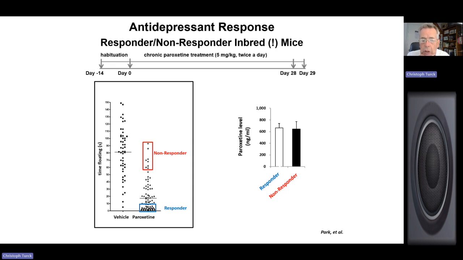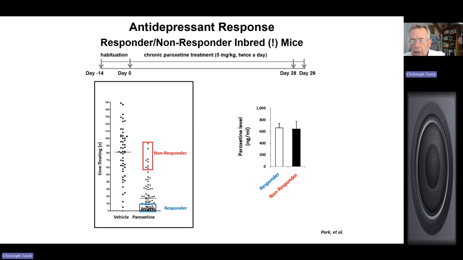Now, how did we distinguish those? This is a behavioral assay that's known as the forced swim test, where the mouse has to swim in a beaker of water. And the quote-unquote depressed mice have this tendency to just float. In other words, they're very passive, which is a kind of a hallmark of also depressed patients. And just to make a long story short, we found the majority of these mice were responding, were struggling when they were exposed to this forced swim test, but there was also a small subgroup that was not responding.